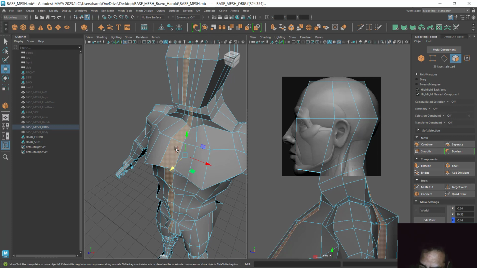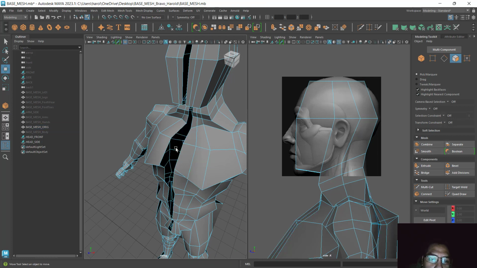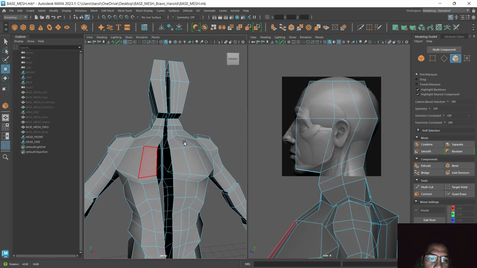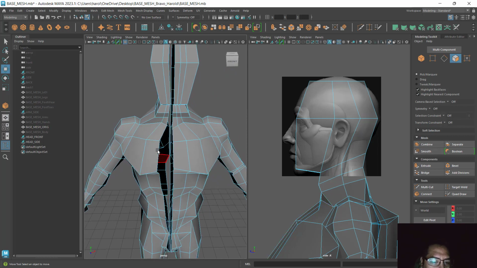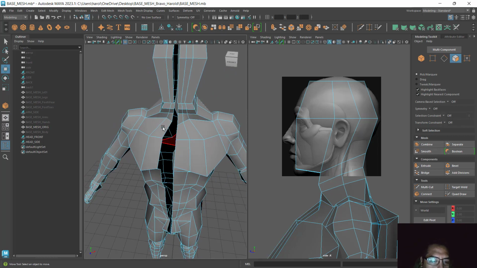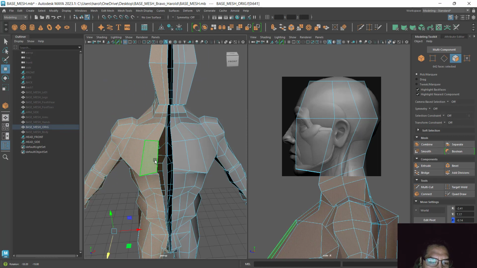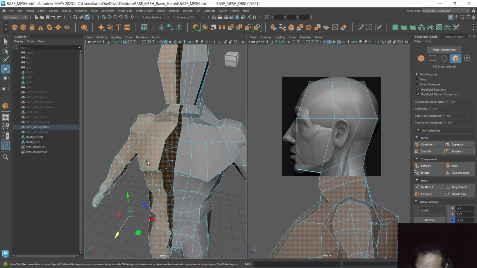I can now press delete directly on the keyboard, and then I have deleted the connecting half. Now I'll just double click the other half and press delete,